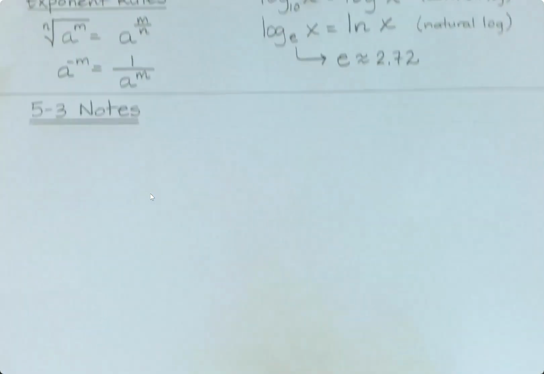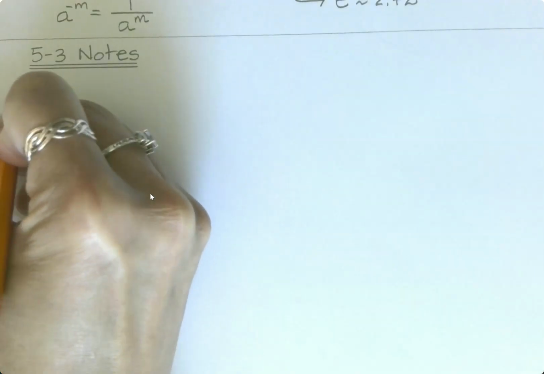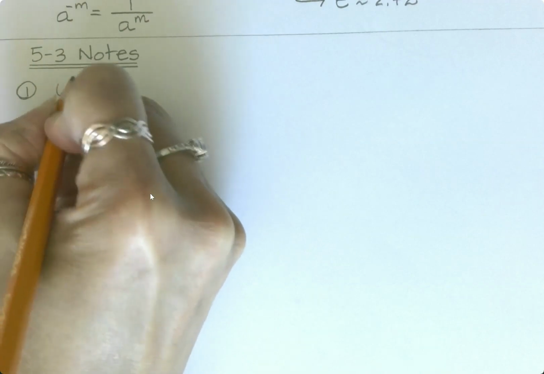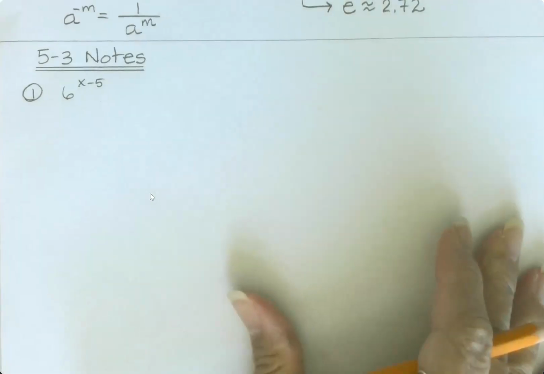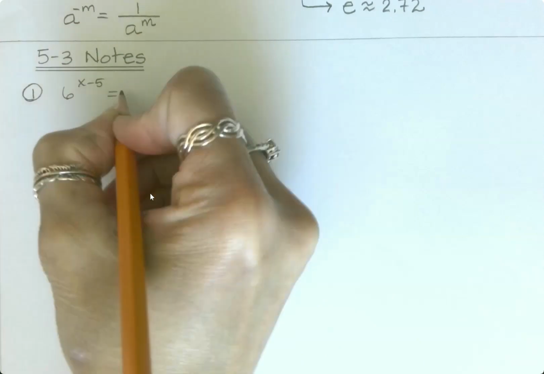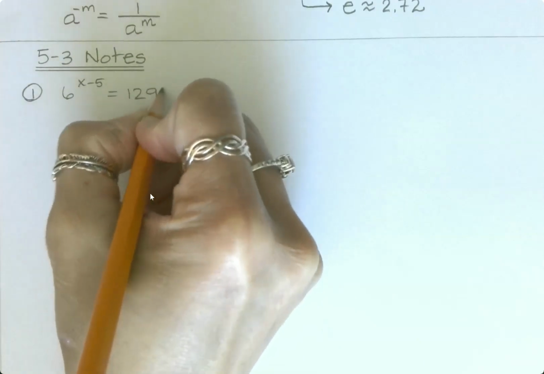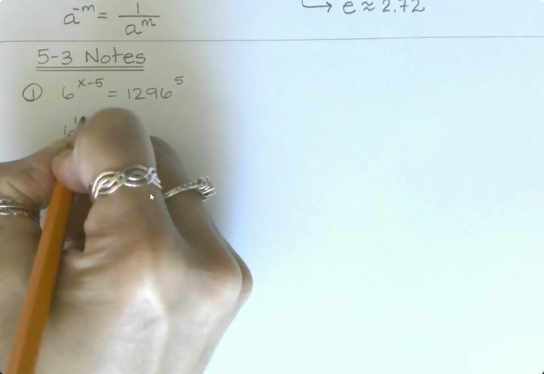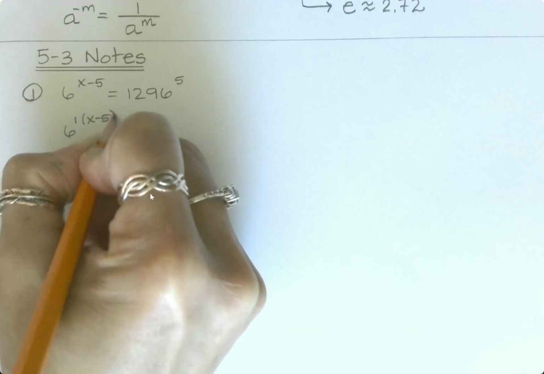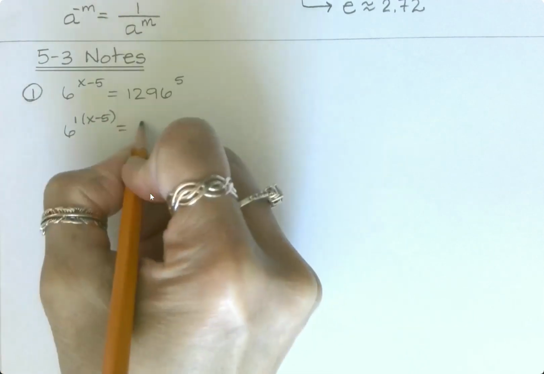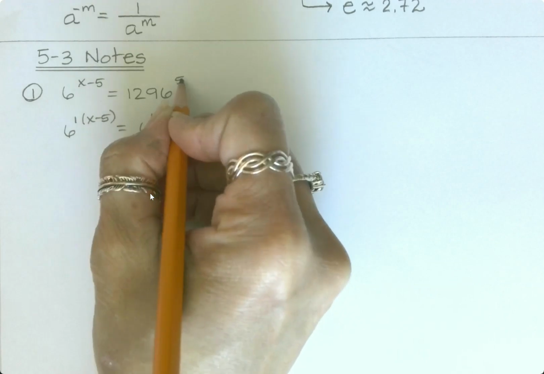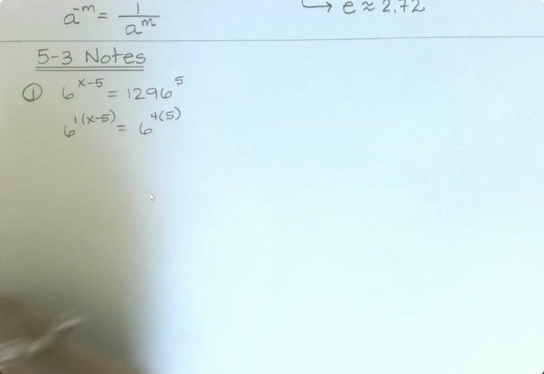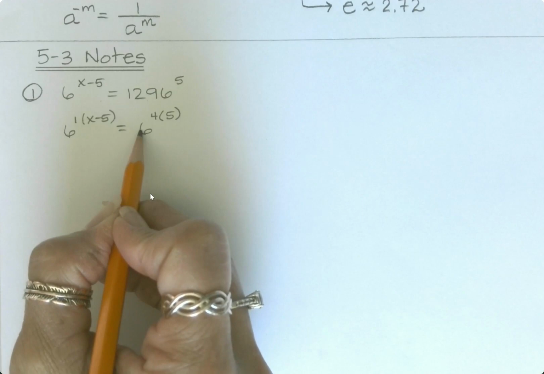So coming over here to this sheet of paper, since I need more space, I'm going to do number 1 right here. So number 1, 6 to the x minus 5 is equal to 1296 to the 5th power. 6 is the same thing as 6 to the 1st power. I'm going to bring down the x minus 5 exponent. 1296 was 6 to the 4th power, and I'm going to bring down the 5th power. Now that these bases are common,